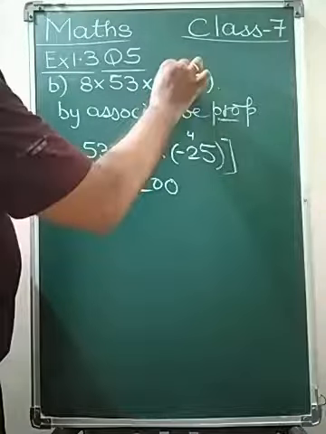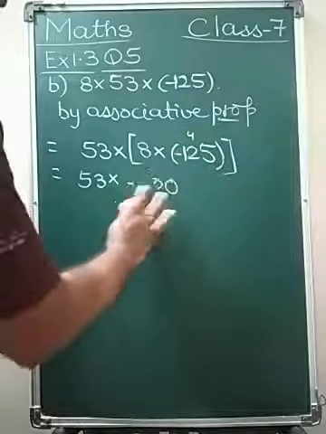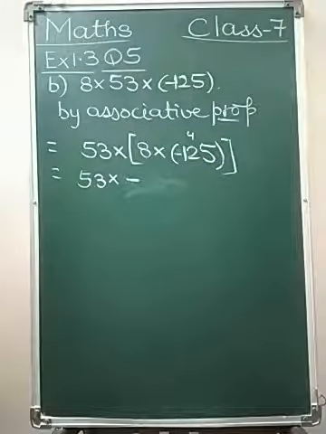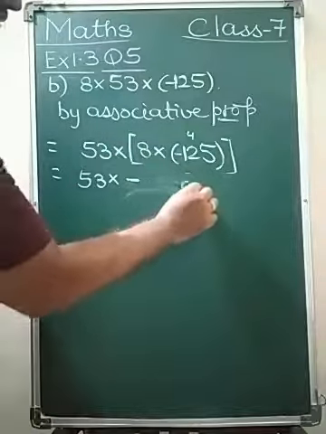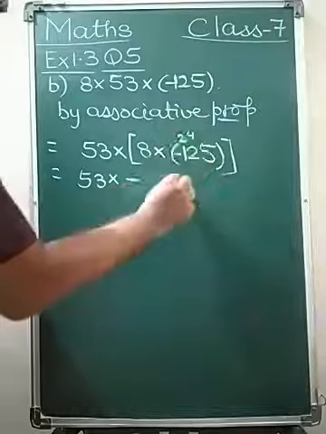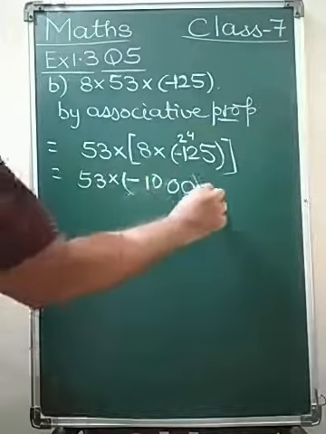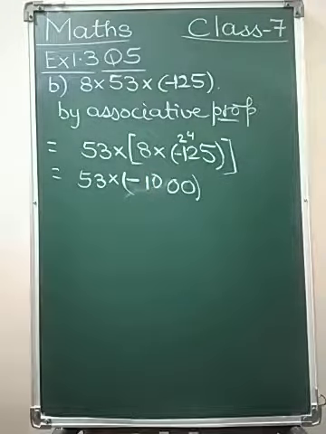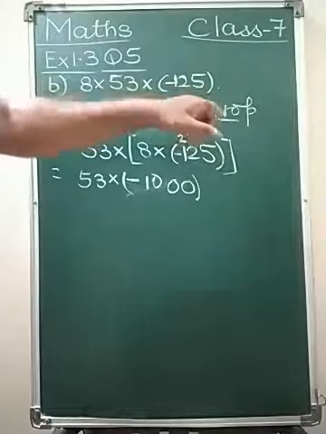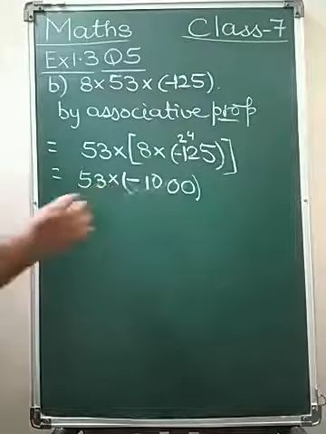Okay, let us do some correction here. Minus 125 is there. Here minus 125 is there. So our answer will be negative only, but it would be some other. 8 5s are 40, 8 2s are 16, 17, 18, 19, 20, 8 1s are 8, 9, 10. So minus 1000. So here was the mistake. Instead of writing 125, I have written 25. So answer was getting wrong. Now it is correct. So 53 multiplied by minus 1000.